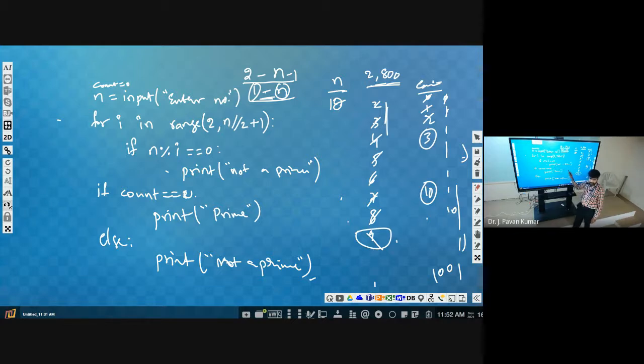Then we can conclude that it is not a prime. According to this for loop, the i value starts from 2. So we will check, and it will print not a prime.